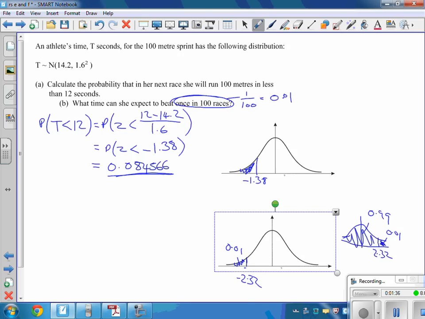So just unwrapping that, it's the probability that t is less than some value that we're going to try and figure out. It's the probability that z is lower than t minus the mean divided by the standard deviation, and we want that to be 0.01. The 0.01 converts to a minus 2.32 standard deviations below the mean,